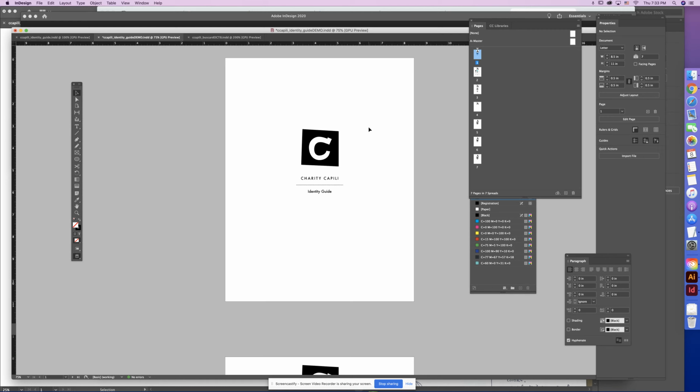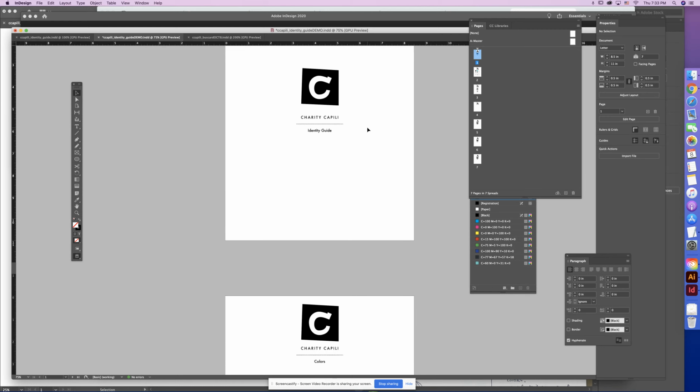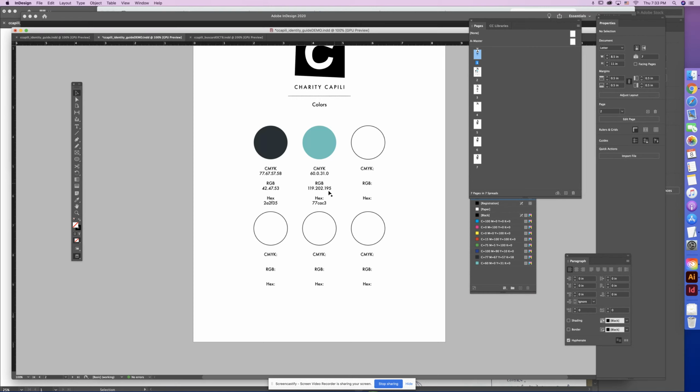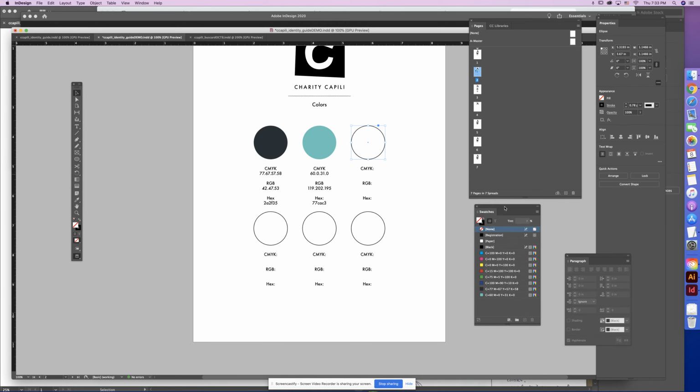So you've got your first page that introduces this. You've got your colors. I just started filling these in. These are the values from my eyedropper in Photoshop, and then I'll redo this one so you can see it. I selected this object, my apologies, and I want to fill this with my color. So I'm going to add a new swatch,